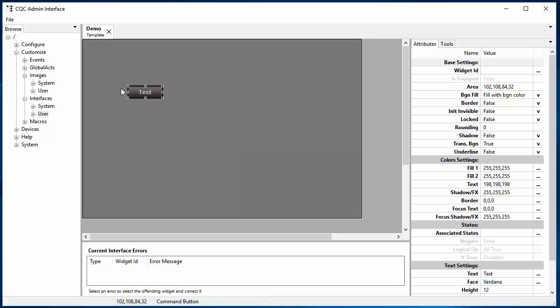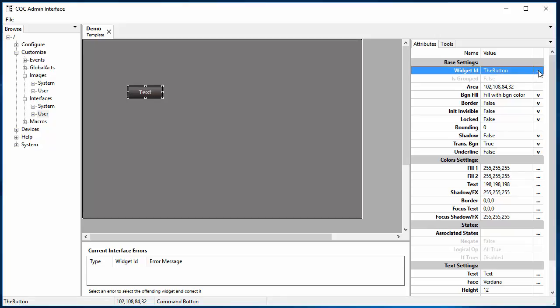So we've selected it, and we have the selection handles, and that means that the attribute editor is showing the attributes for that widget. And so let's just go through and look at some of the simple values, where simple means that it's something that you can directly represent here in this right-hand column. All of the widgets have a widget ID. It's optional, but it is required if you want to send a command to the widget. Buttons are more likely to send commands than be sent them, but you can always set them for your own identification purposes anyway. And so this being just a text value, you can either just click it and edit it in place,